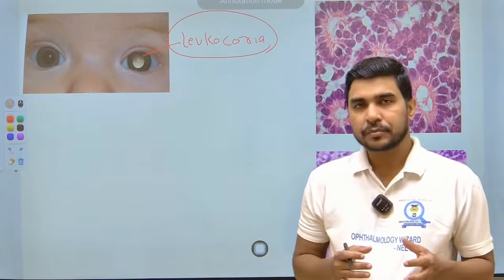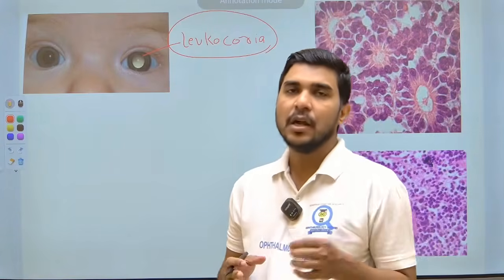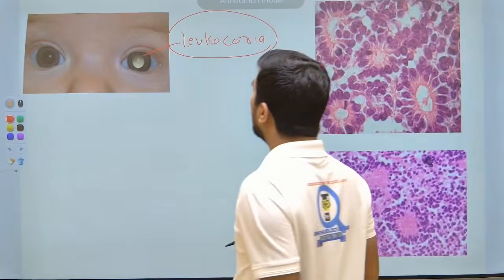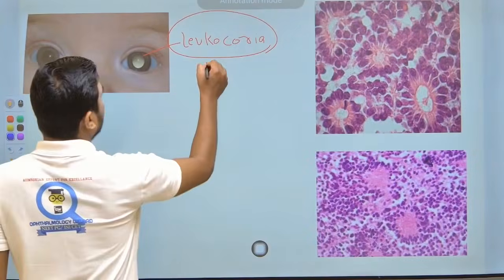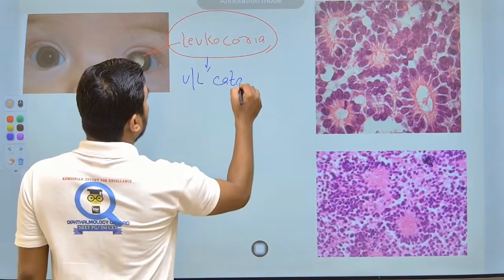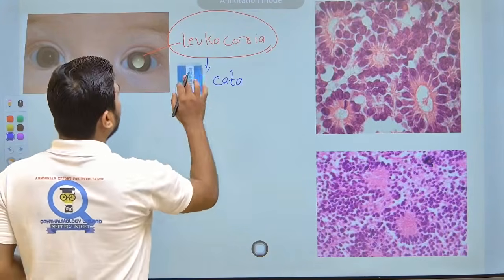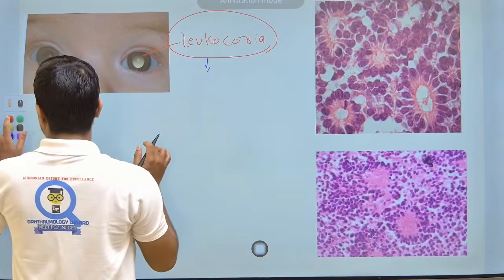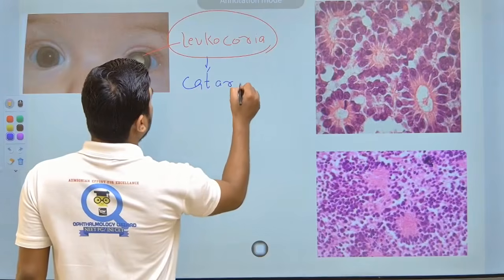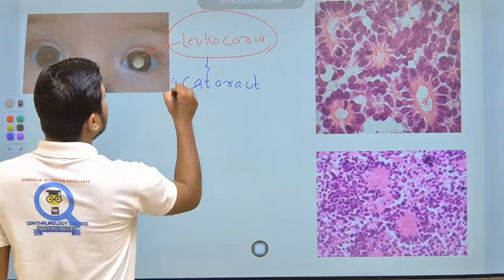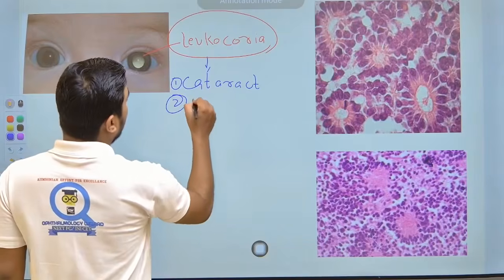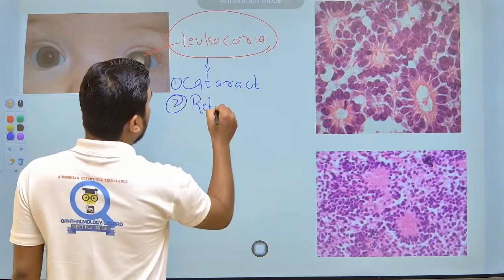Among them, the most common are: one, you have to remember two or three things. Leukocoria can be because of cataract. It can be because of cataract, right? You can call it congenital cataract. Second, why is that? The second important cause is